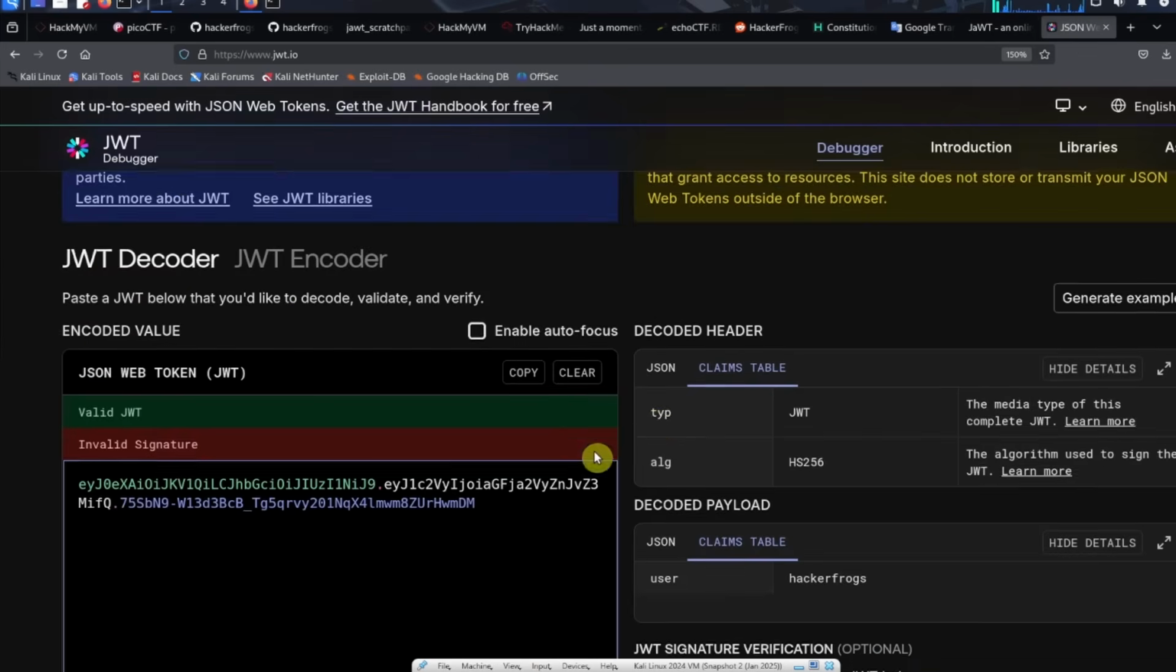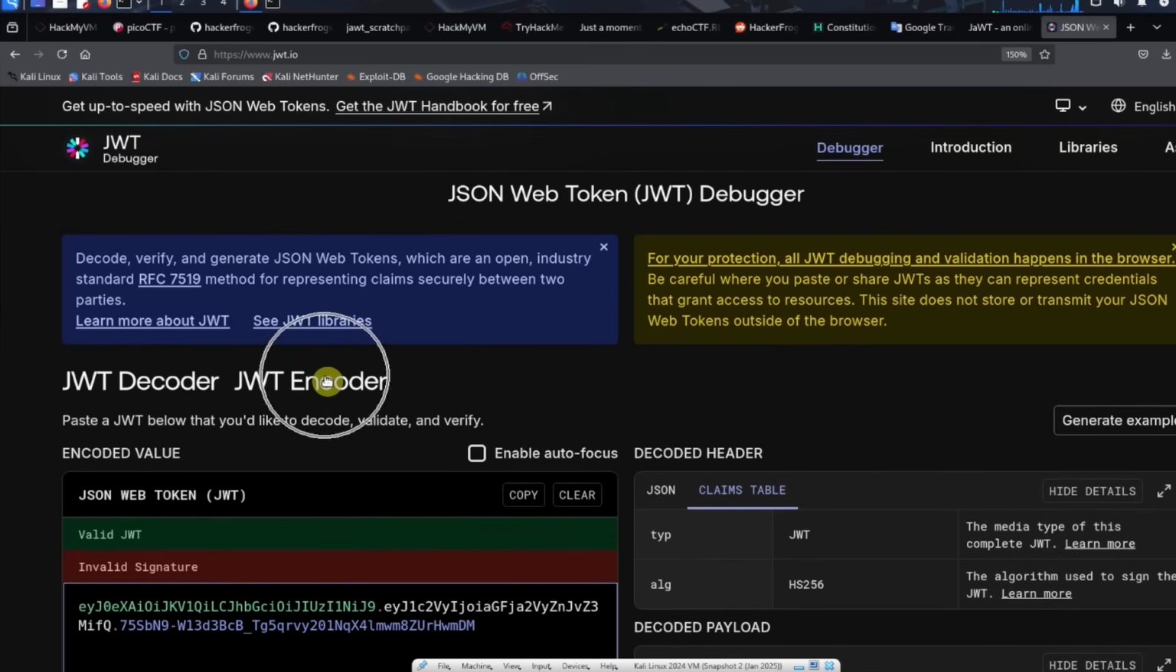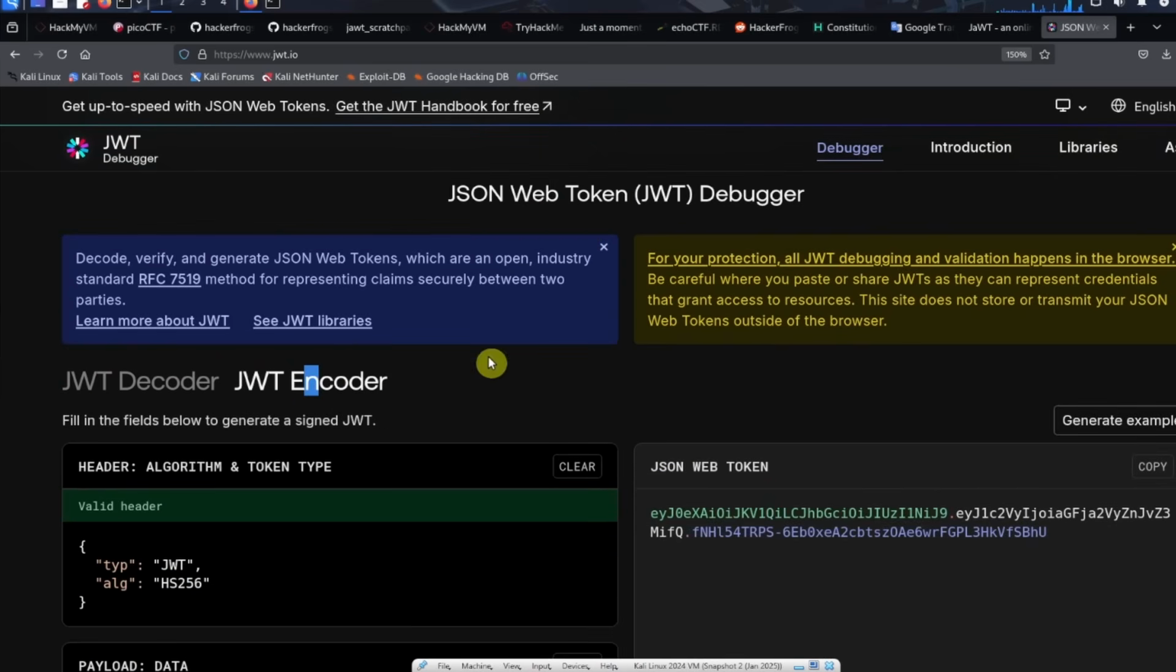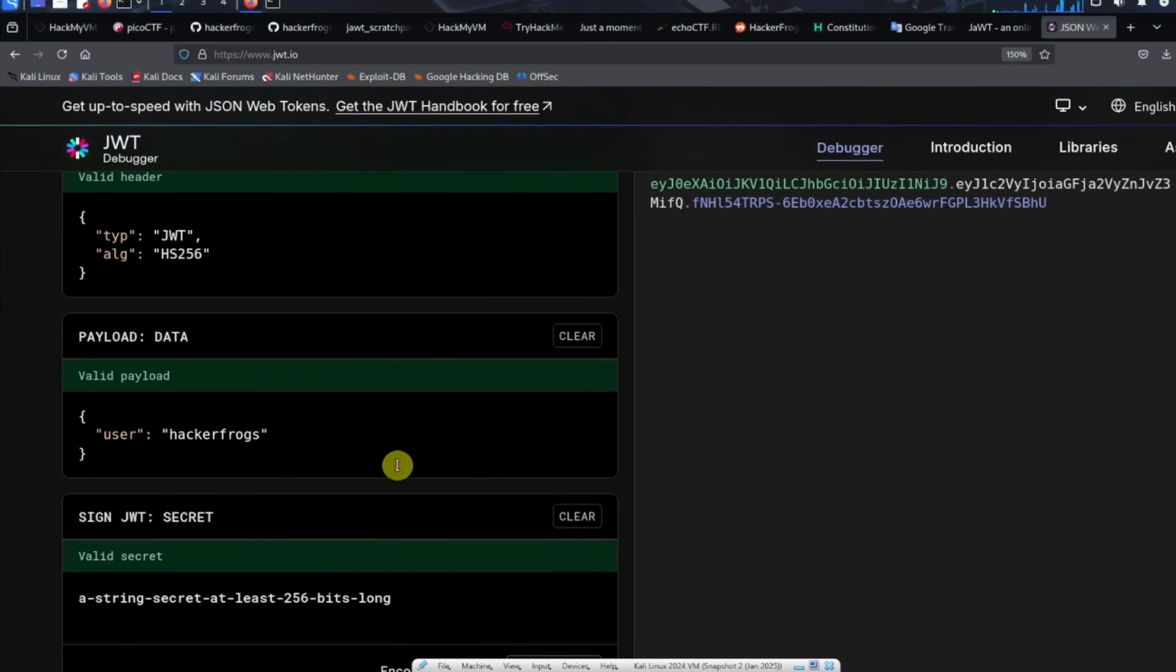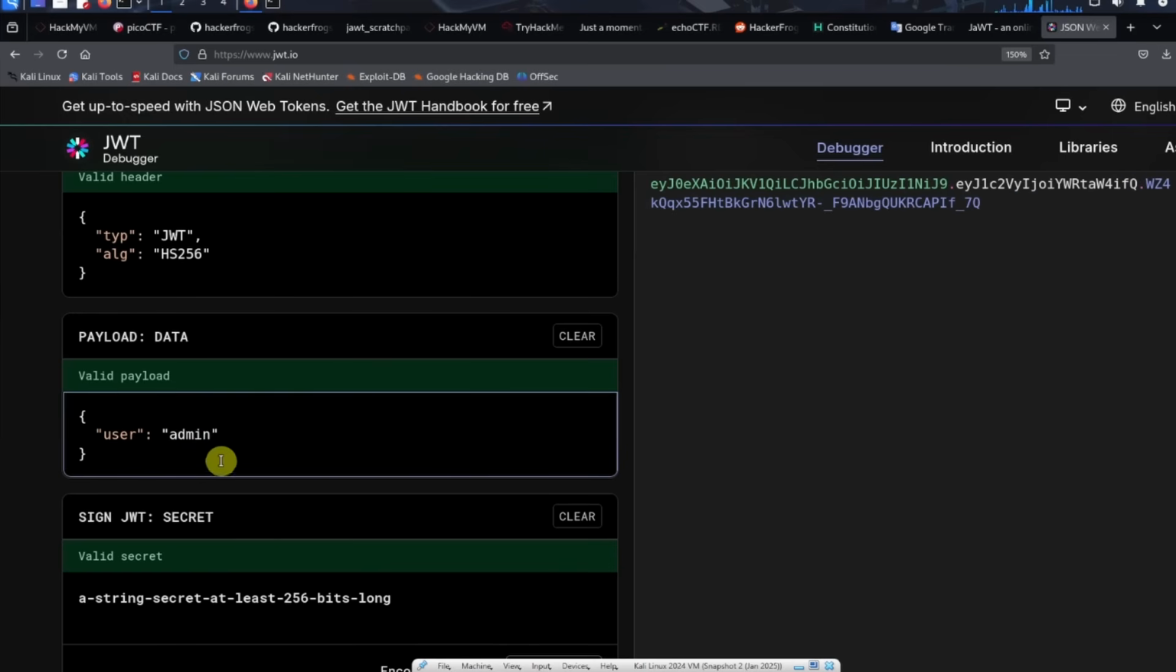In this challenge, what we would do is we would go to the JWT encoder. So just click on that section of the page. And it says we've got our payload data. So user equals HackerFrogs. What we can do is go here and modify this so that the user is admin instead of HackerFrogs. You're going to see that when we modify the value of the payload here, the value of the data here adjusts as well. So we just changed our user to admin, but there's actually a couple more steps that we need to do,